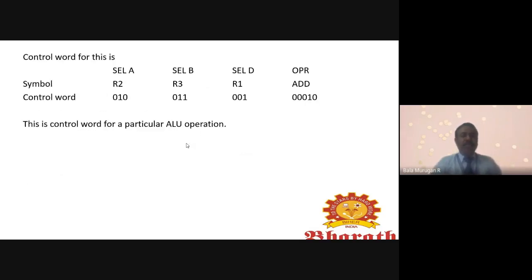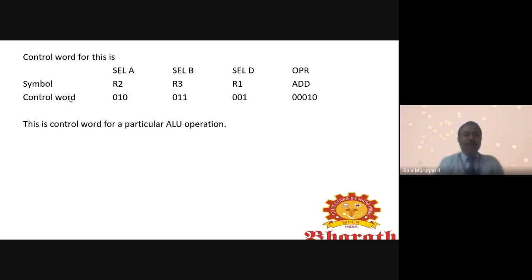So for this we have a control word, so here we have select A, select B, select D, and OPR, that means operation. The symbols we are using: select A means we are using register R2, select B means we are using register R3, and select D means we are using R1, and we are using the add operation.